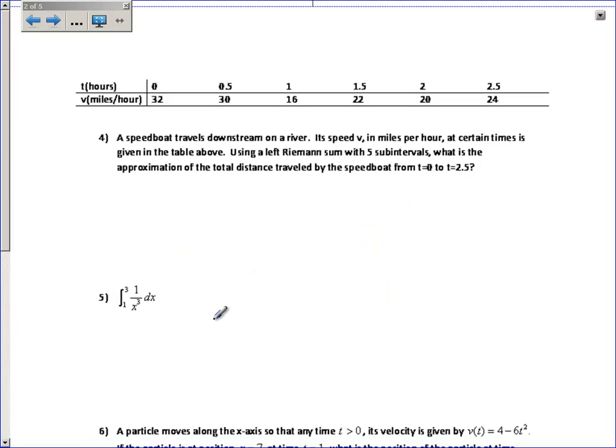Alright, next question. I've got another table here, time in hours, velocity in miles per hour. And I've got to use a left-hand Riemann sum with 5 subintervals to find the approximation of the total distance traveled. So I'm going to do my velocity at 0 times the width of that interval, which is a half, plus my velocity at 1/2 times the width of that next interval, which is also a half, and then plus my velocity at 1 times the width of that interval, which is still a half,